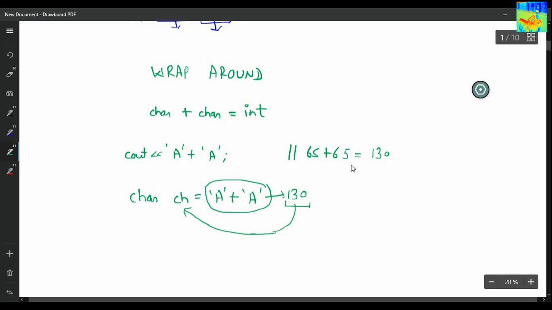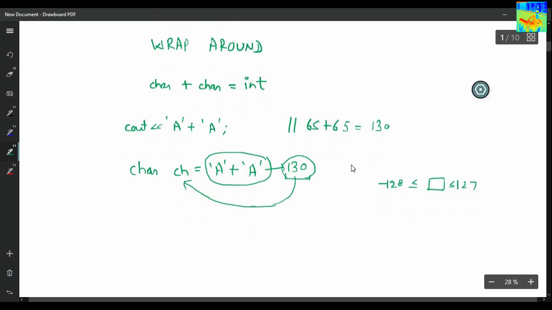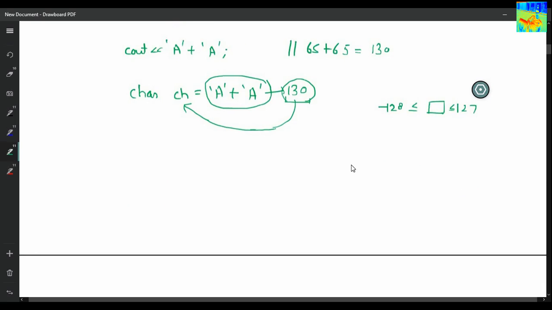But there is a problem. In the last class I told you that the range of character data type is from -128 to 127. So there is nothing called 130. So what will happen? Generally this is -128, then -127, and so on up to 126 and 127.